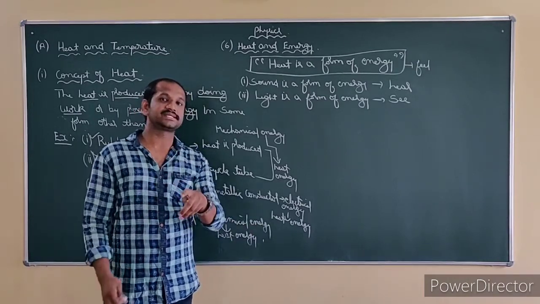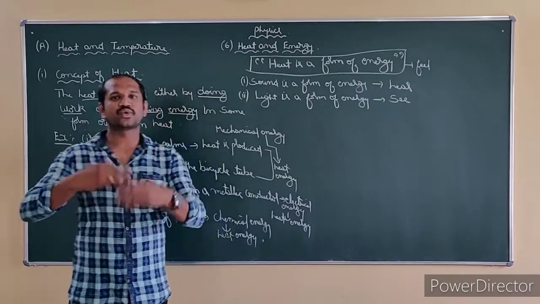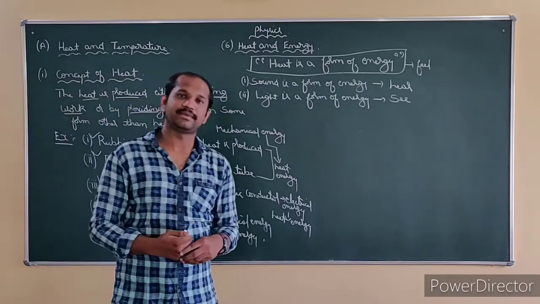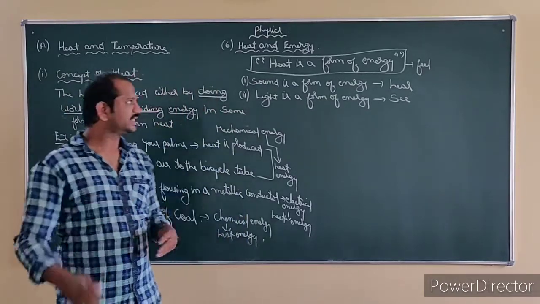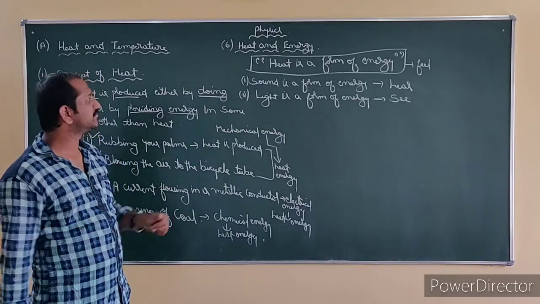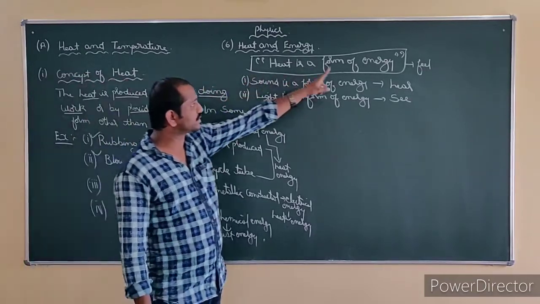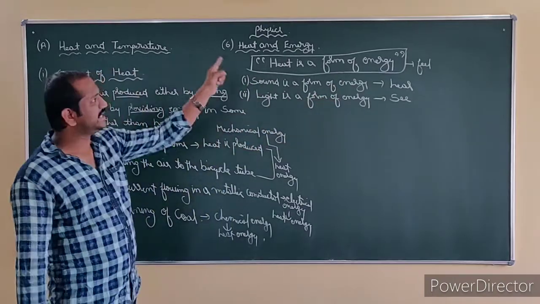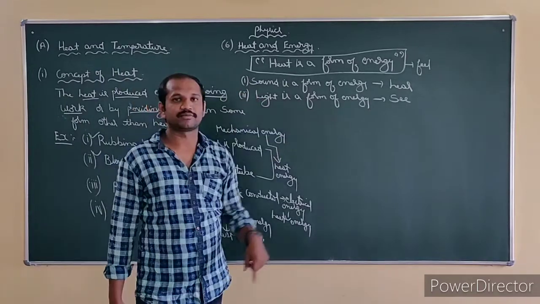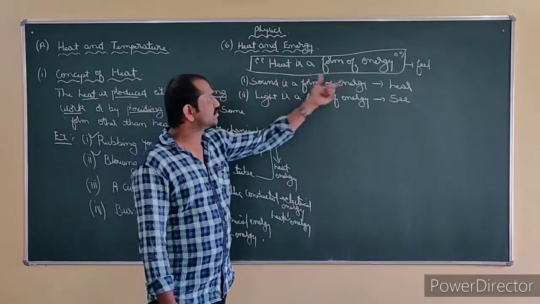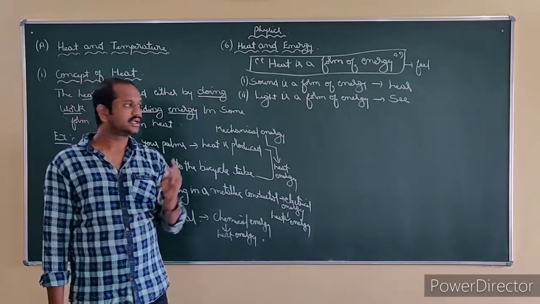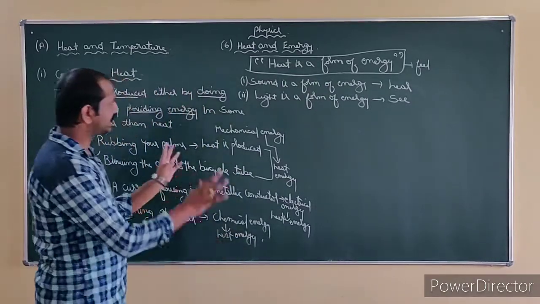Like when you eat food, what happens? It converts into glucose and so on, it will be happening inside your body. Then it gives us the energy we need. Right? Food is like that. Energy is the capacity to do work. So these are the things you need to understand. So we can tell that by all these examples, heat is a form of energy. And even we have told sound is a form of energy, light is a form of energy. Light we can see, sound we can hear, and also heat we can feel. Understood?